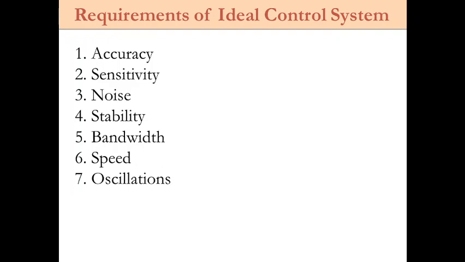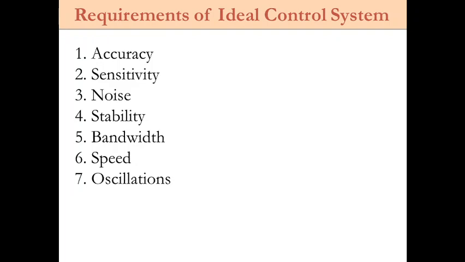These are the requirements, because if you want to call a student a perfect student, you should have some qualities, right? For example, if you want to call a student the student of the college or student of the year, he should have some ideal qualities. Which are those ideal qualities? Should attend classes regularly, should study well, should be disciplined. Likewise for the control system, these are the things you should have if you want to call that system an ideal control system.